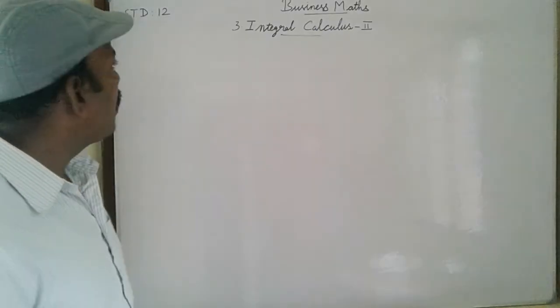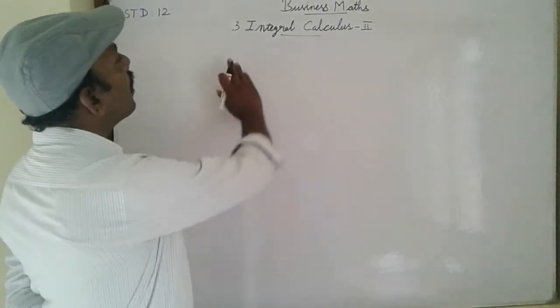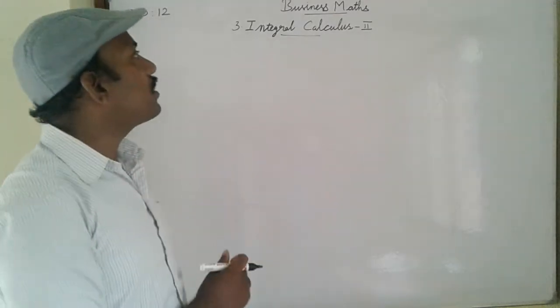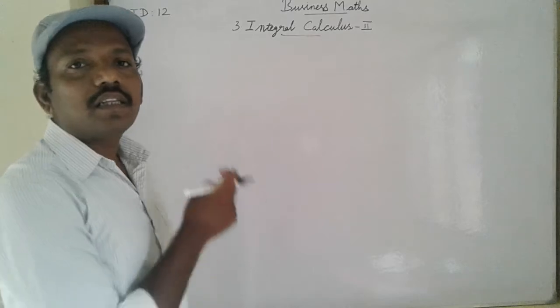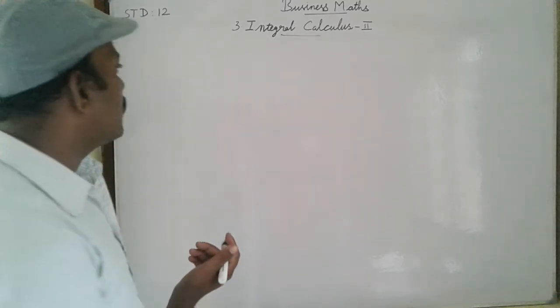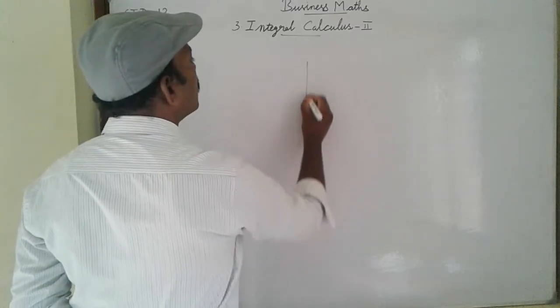That's all. 12th business maths, 3rd chapter, integral calculus 2. The second chapter was integral calculus 1, and this is integral calculus 2. Here we should find out the area. So we should take